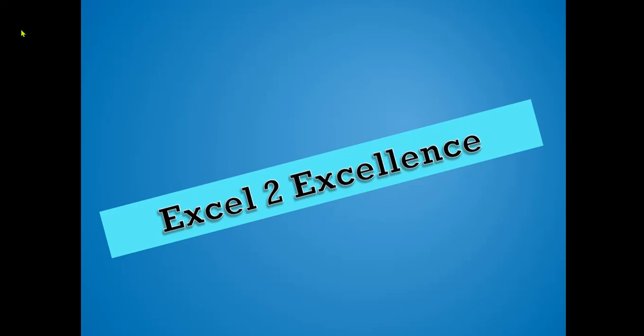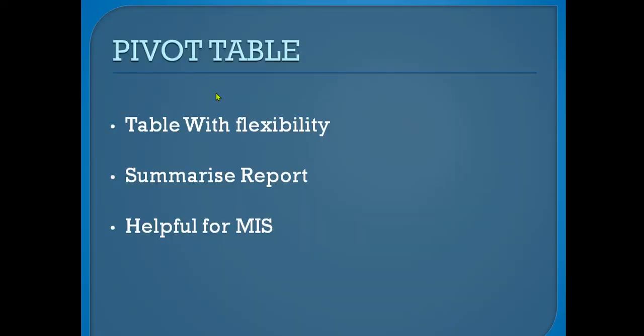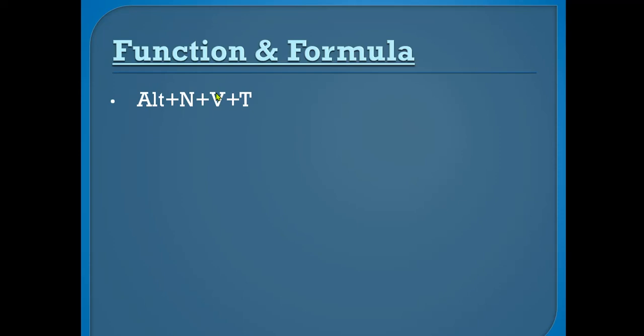In this video we will learn the Excel tool pivot table. As its name suggests, it is a table equipped with flexibility where we can mold our data to serve various purposes. It is very useful where data is maintained or can be extracted in Excel files. Nowadays most accounting software is enabled with this kind of feature. So let's start. Its keyboard shortcut is Alt N V T.